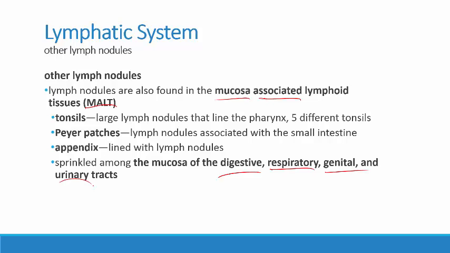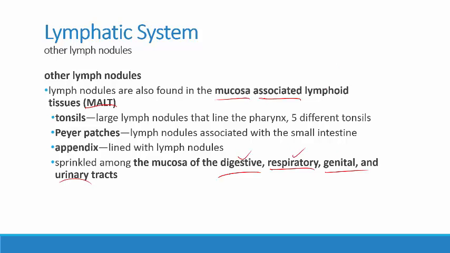So notice where they're all located. The tonsils, that's there at the opening as you're eating food or as you're breathing air in. The Peyer's patches around the intestine, being able to monitor any antigens that might appear in the food. The appendix also is monitoring food, and the appendix is found there at the junction of the small intestine and the large intestine. And then, of course, the openings from out to the external environment associated with